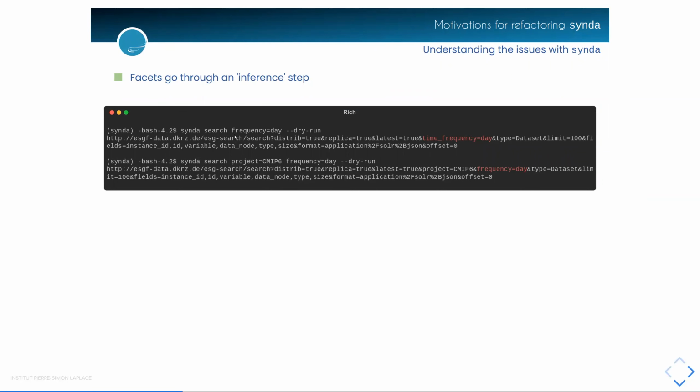If you search in Cinder for frequency equals day, then it would infer that to be actually a facet named time frequency. But whenever I add project equals simip6 to the exact same command, then it changes nothing. Like frequency stays frequency, but it doesn't become time frequency. And this is littered all over the code,